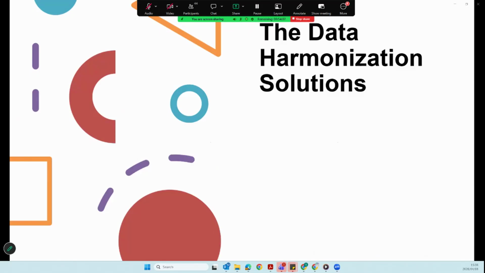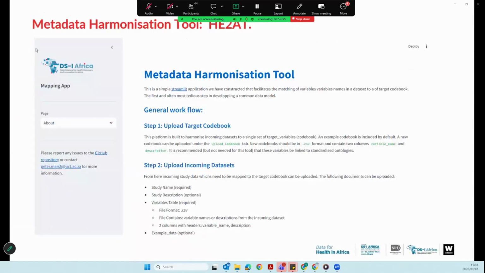So we have what we call the data harmonization solution, and that is what I'm going to be talking about moving forward. How do we answer some of these questions that I mentioned above? So we had a tool that was developed by one of our DSI Africa organizations, which is called the HIT. And so we built on top of that since it was something that was easy to adopt, right? So it is built simply using Streamlit, it is not a complex technology stack, right? So the idea is